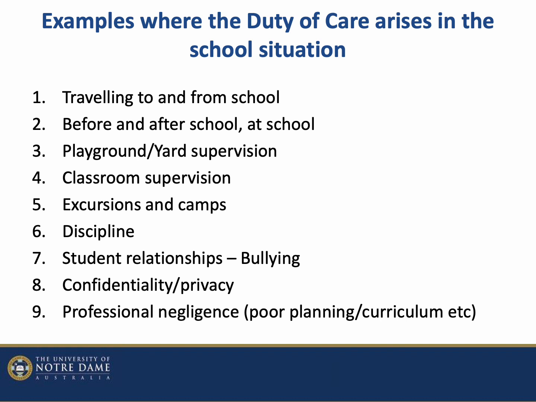Number 5 is about excursions and camps. Those two terms can be exciting for some and dreaded for others, but they shouldn't be. One of the best ways to ensure that we meet our duty of care when we're going on excursions or camps is to actually go to the site beforehand if it's possible. Get parent consent for your camp or excursion, plan for everything, do your risk assessments, monitor the students throughout.